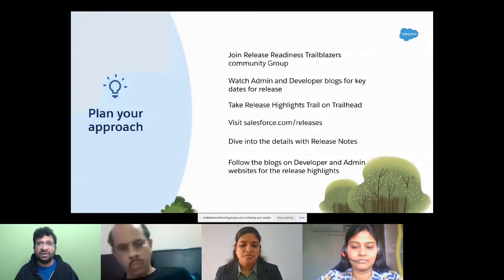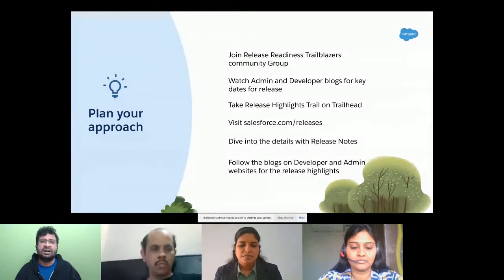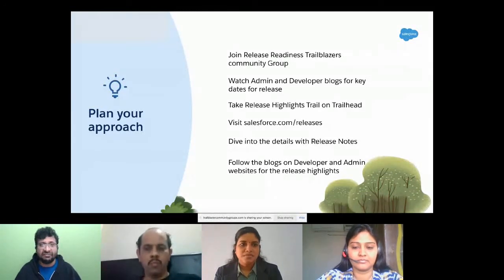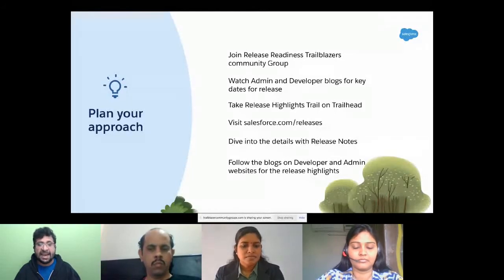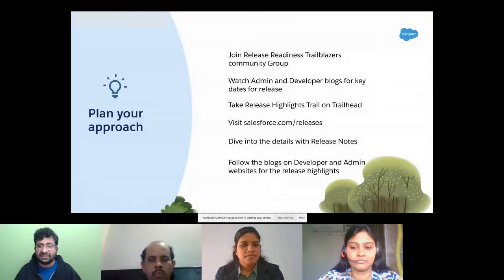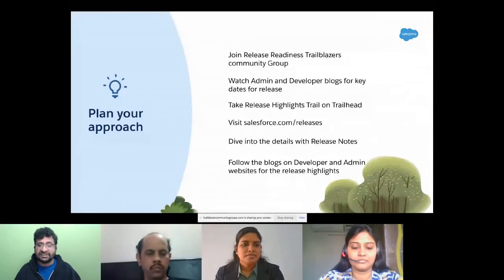That's where we group some of the highlights of the release features which are most prominent, and put them together for you, so that you can easily follow and understand what's more important, and then just get started with those things. And the other site I would recommend is salesforce.com/releases. This is the site where you can see the product demos and all. It's only a slide at the moment. I'll show all of these things in my browser as well, so don't worry.